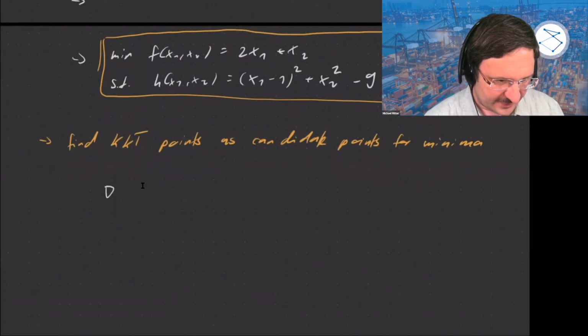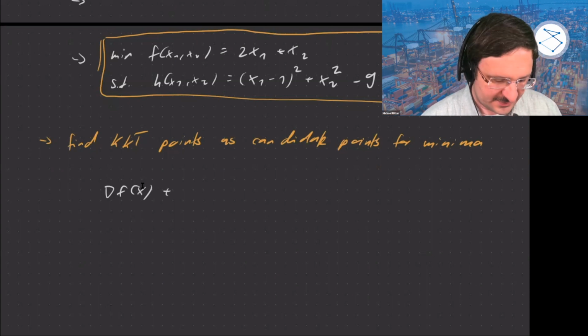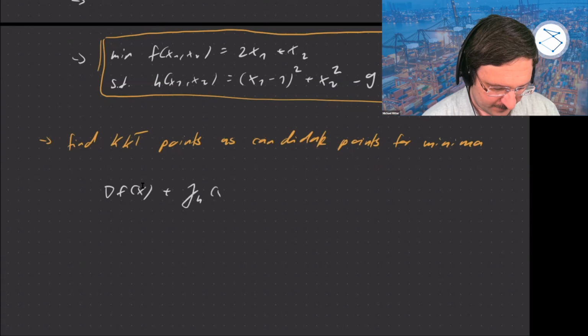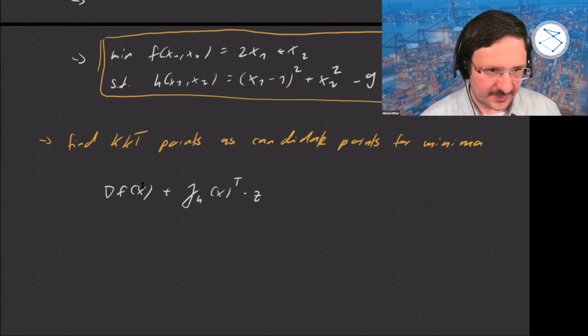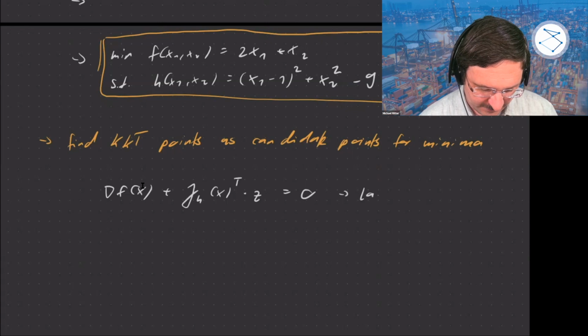That says the gradient of the objective function f plus the Jacobian of h transposed times a multiplier, we call that c, needs to be 0. So that's the Lagrange function,